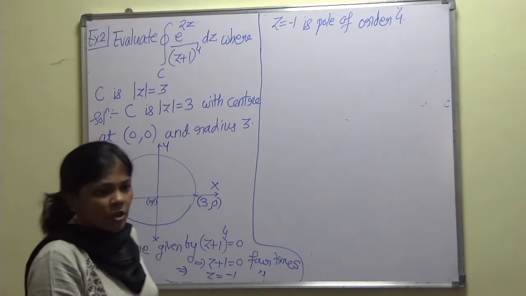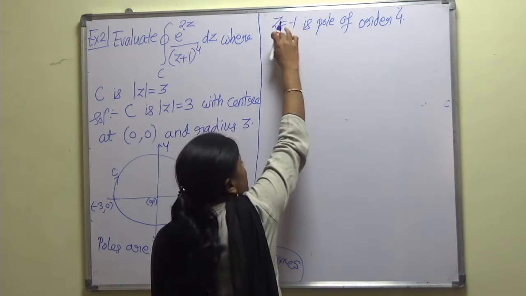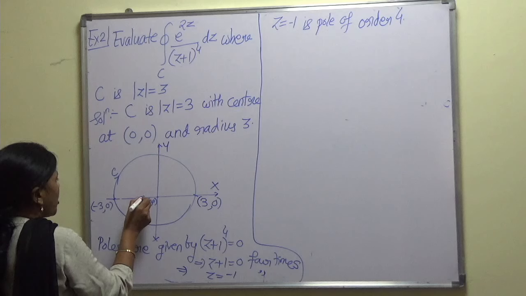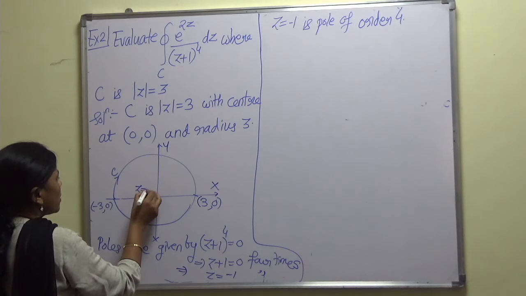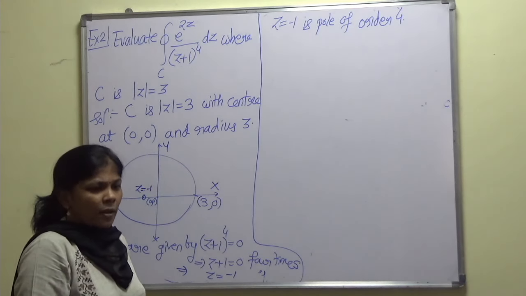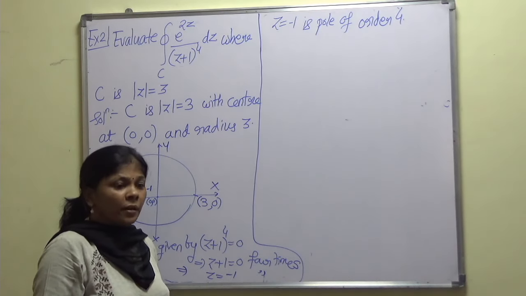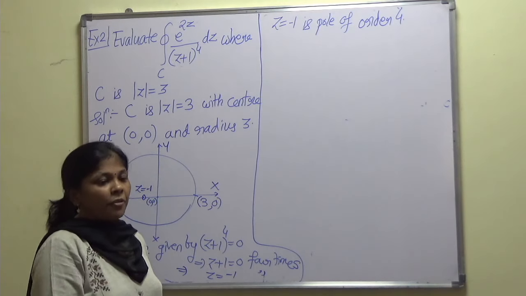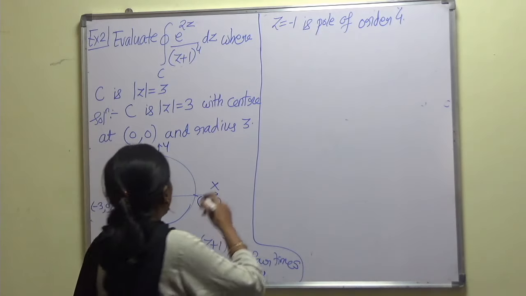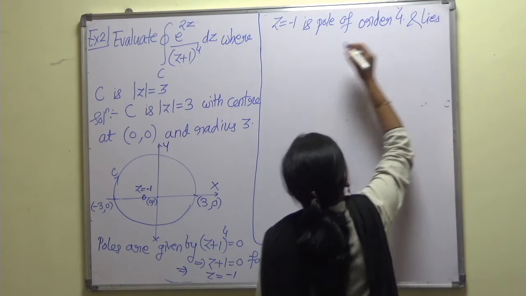Okay, let us see its location. z equal to minus 1 again. As here I am not getting any imaginary part, so this is same as x equal to minus 1. So z equal to minus 1 will be on the left hand side somewhere over here. Now this lies inside C. So therefore Cauchy theorem won't be applicable. It is applicable when all the poles are outside. So definitely we have to make use of the Cauchy integral theorem. So it is a pole of order 4 and lies inside C.